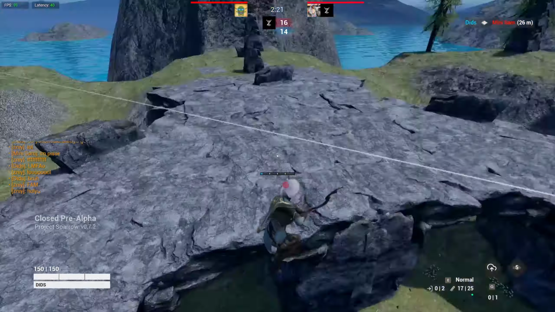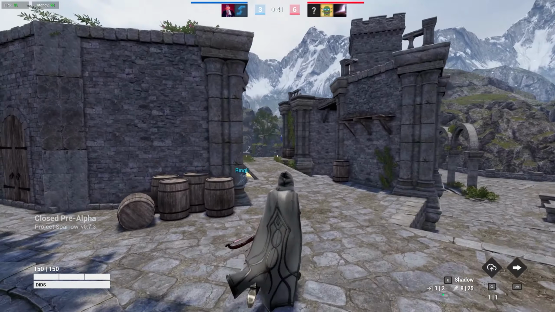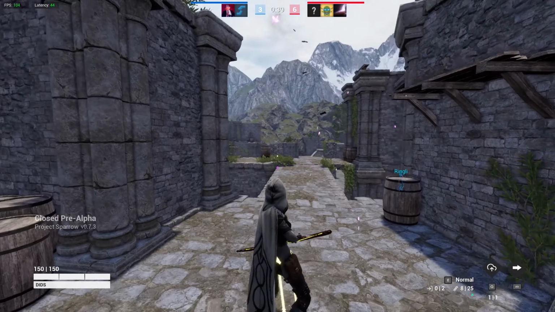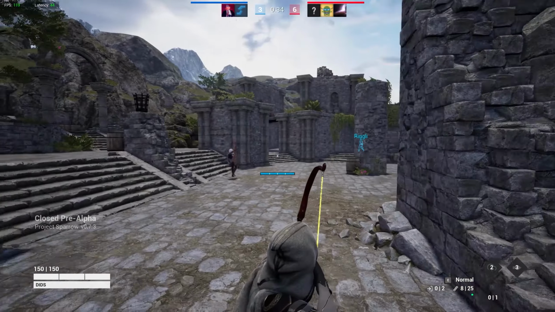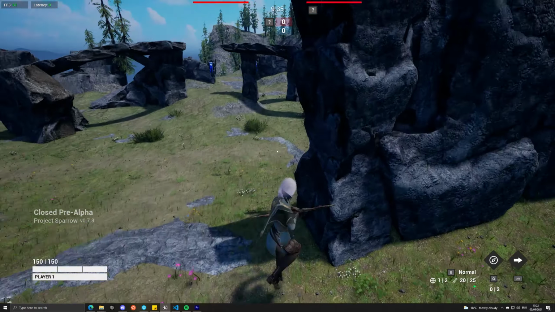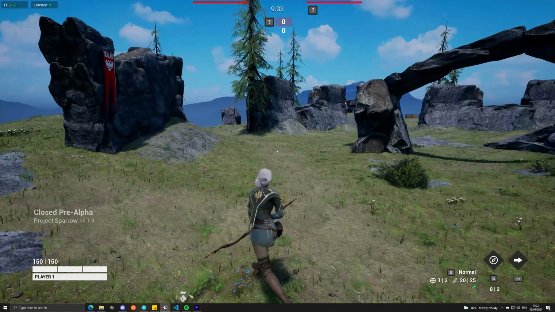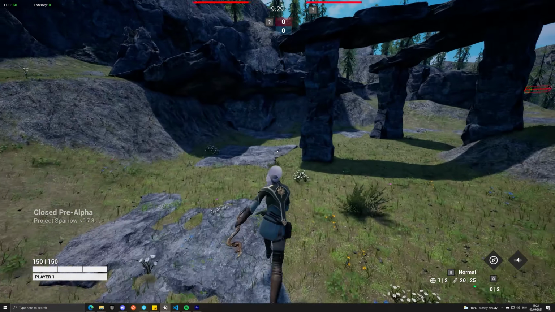So another feature regarding movement as well, you can now wall bounce. So to do this, you just run up to a wall. You have to be sprinting, and then when you're in the air after you've jumped, you can jump again if you're facing a wall, and you'll wall bounce off it. So you have to be sprinting, you jump, turn face the wall, wall bounce, turn off, and then yeah,